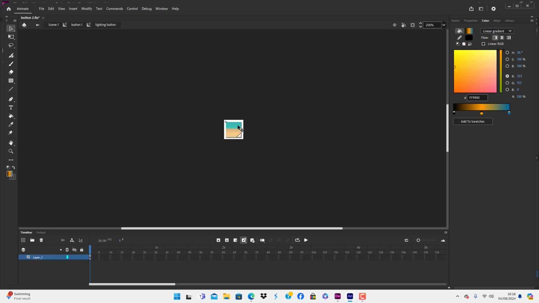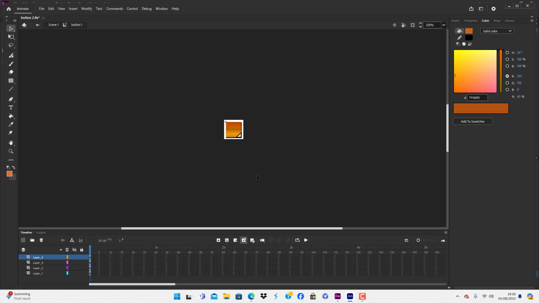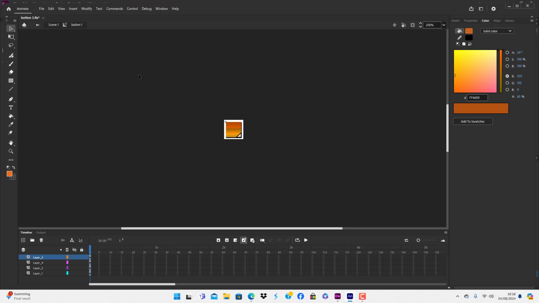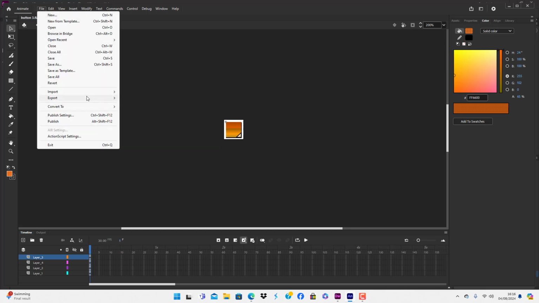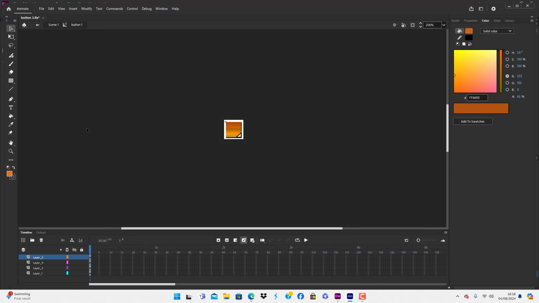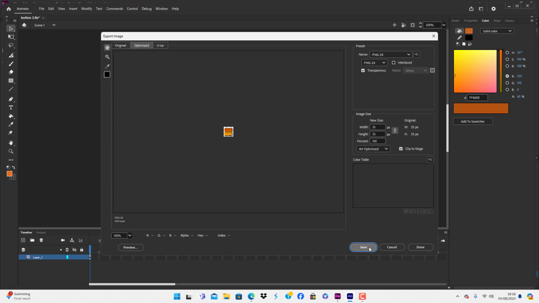This time we're going to change the colour of this to another orange, like so. And we're going to say file, save as, button 3. We're going to say file, export image. It keeps going up in the corner like that because I haven't come out onto the main timeline. We're going to say file, export image, save,